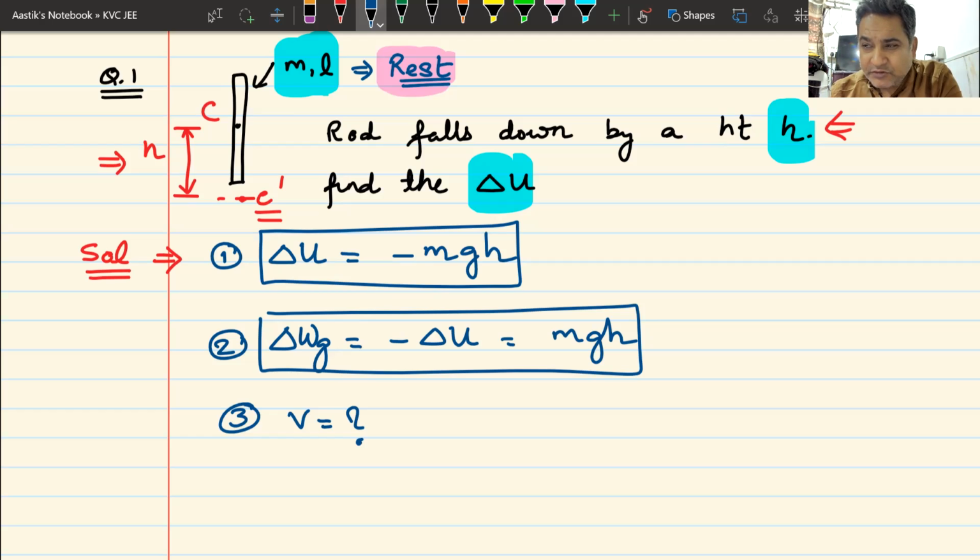Remember, v square is equal to u square plus 2as. It's not a formula for the first chapter. It's a formula that comes in work, power, and energy. You are applying the same formula, but you're applying it in a different way, which is dangerous. V square is equal to u square plus 2as is the most stupid formula in the entire universe.